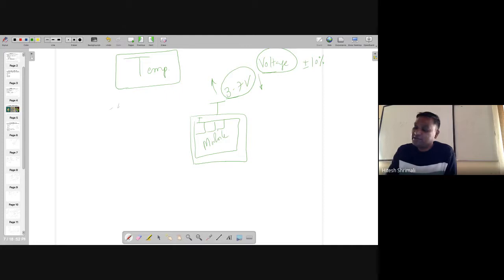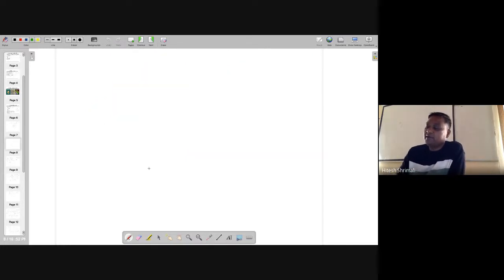So temperature is going from -40 to 125 degrees, and voltage is going plus or minus 10%. And the most important part is that when you are making the transistor, all transistors might not be equal. The threshold voltage might be higher than what you are expecting, or lower, for NMOS and PMOS.